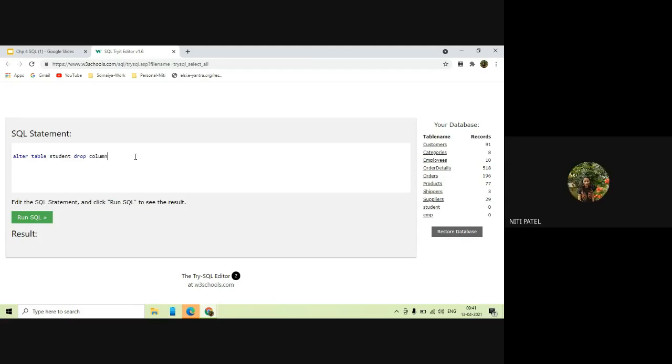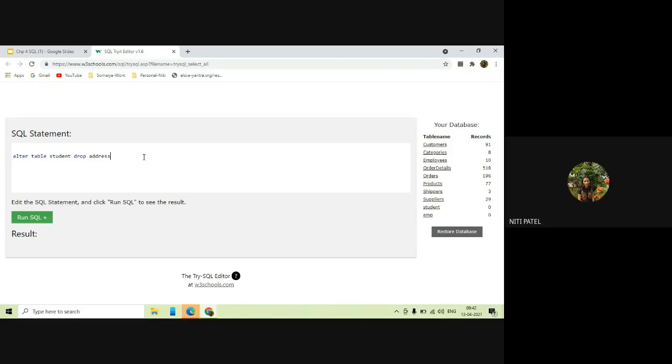No, that is not like that. If it were like that, it would have been mentioned in the syntax itself. This is not the way. But no, see, wait, let it. Or is it delete column? No, it cannot be deleted. If it is drop, it has to be dropped. Let me check with it.